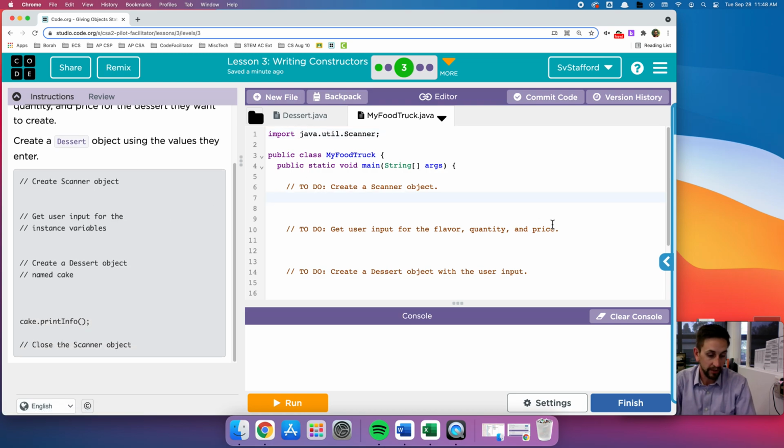So following along with the comments, it says create a scanner object. So I'm going to say Scanner input equals new Scanner. And that has to be System.in. Okay. And it wants us to get user input for the flavor, quantity, and price. So to get that, I also want to prompt the user to tell me what flavor, quantity, and price that they want. So I'm going to do